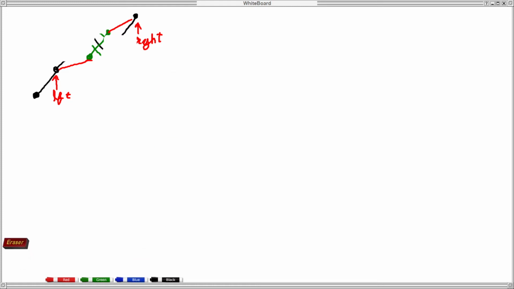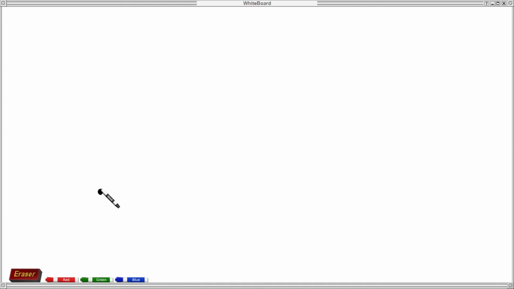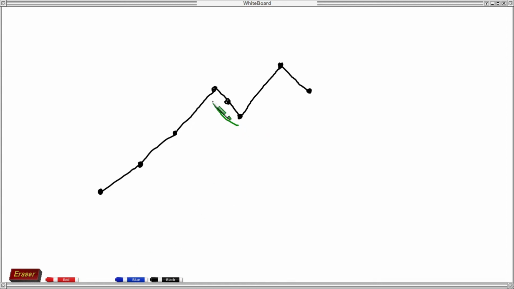One more thing we see is that, let's say this can also be a decreasing array. So this is i, this is j.